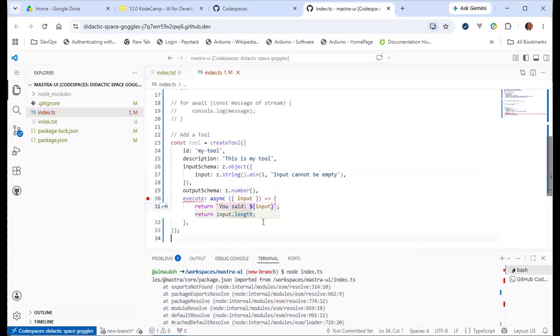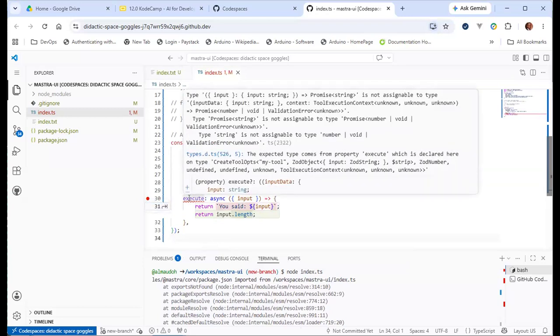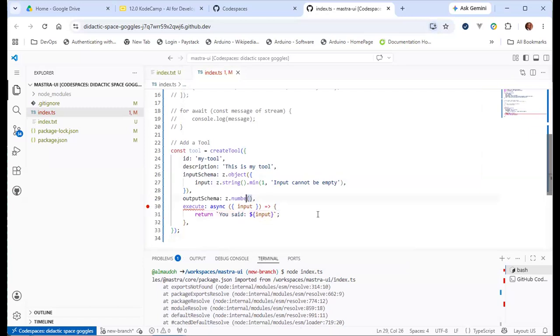It's basically going to tell you that this doesn't work, right? It's expecting a string, not a number. So this is one of the really nice things about Mastra. It forces that type safety, that type sanity, and you find that this is going to save you a lot of time when you are doing stuff.